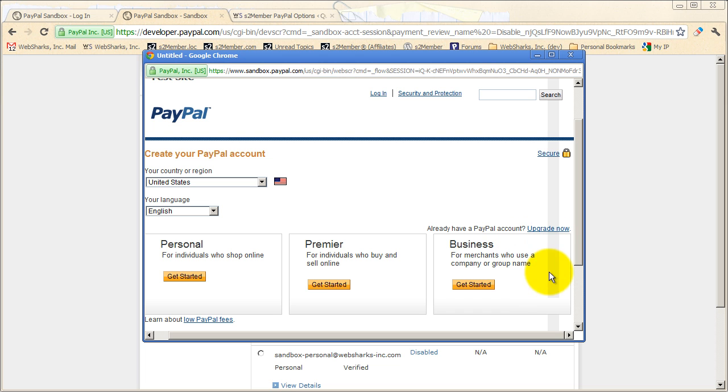One other important thing to point out is that if you're going to do a manual PayPal Pro account this way, you would choose Business here, set up your business account first, and then do the fake application for Pro. Everything is manual in doing it this way. When you do the fake application for PayPal Pro, from your business account that you create manually,